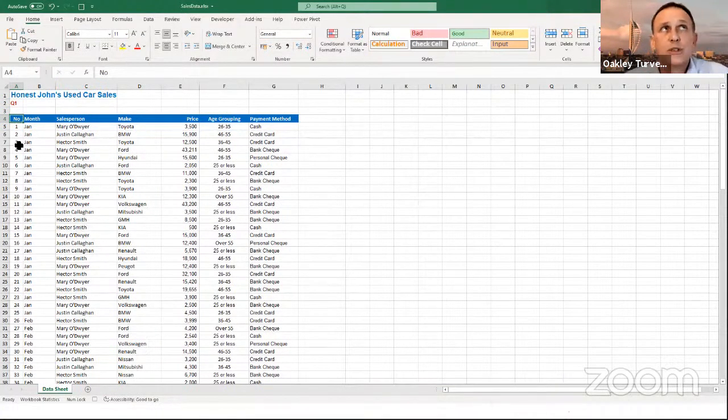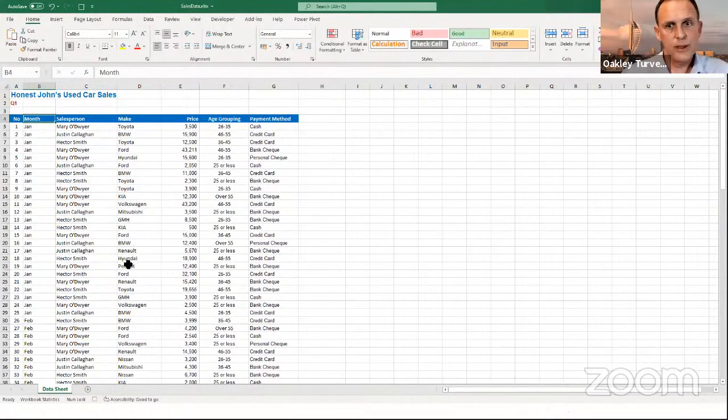But unfortunately, A4 is already selected. And the reason A4 is already selected is because that's the cell that was selected when this file was saved. But it won't always be. Somebody might come and click over here on a cell and then save the file. And if my code then tries to select the range of that cell there, it's not going to work. So we have to be very careful. What I'm going to do is select the cell next to it and then go into the code and change B4 to A4.